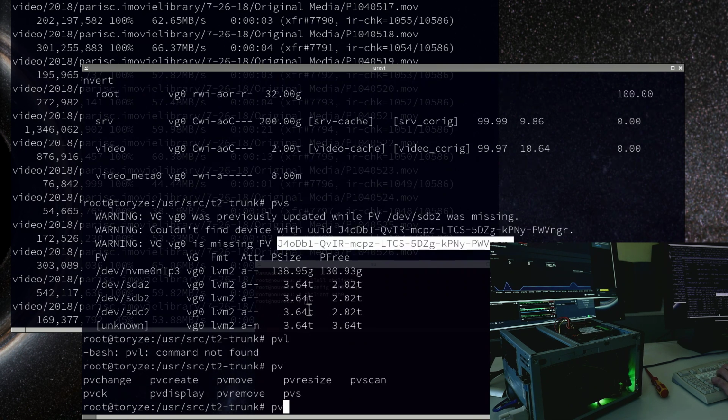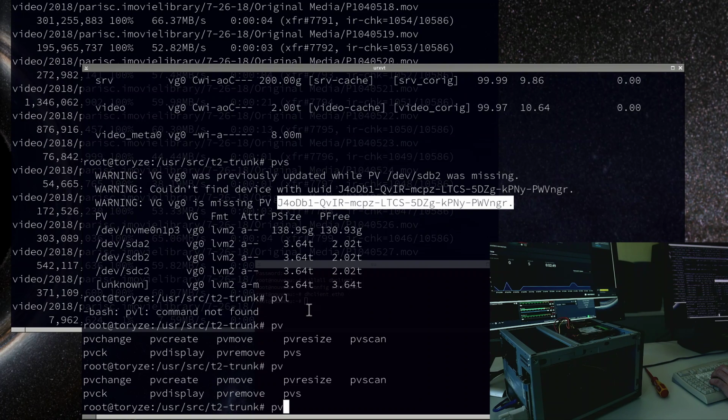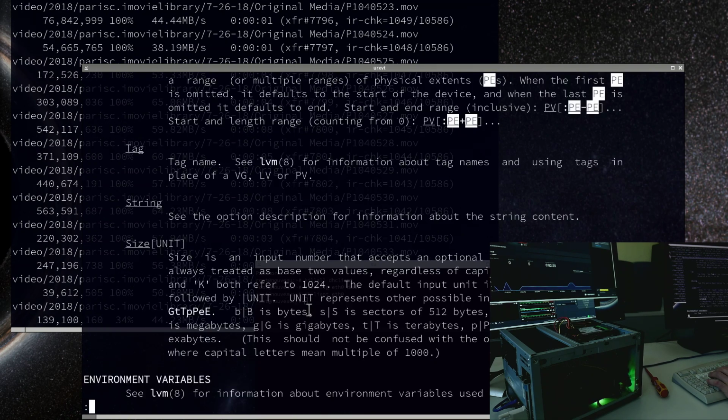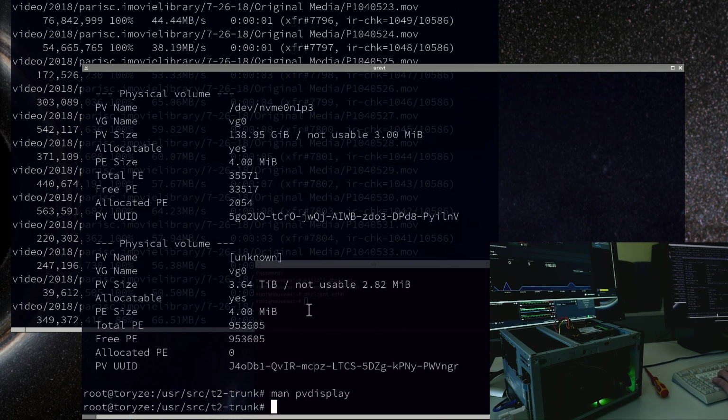What did I even PV? Not scan, display, right? So this is, you see, the total physical extents, PE size, allocation... what is it even? Extents, of course. Yeah, you see this is completely unallocated, completely free, because this was just my last resort here